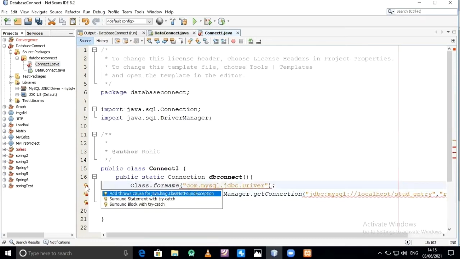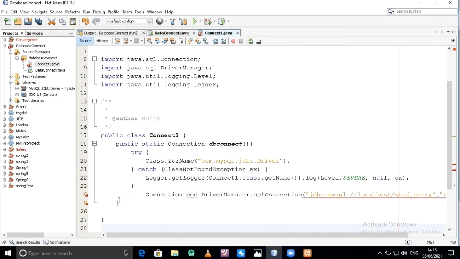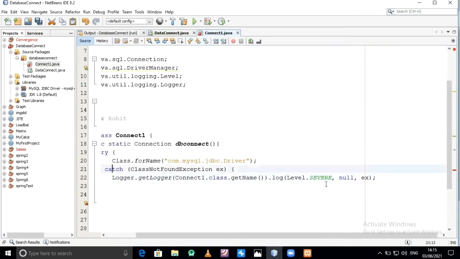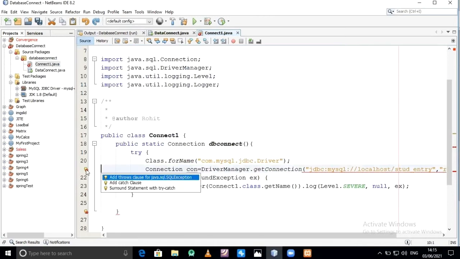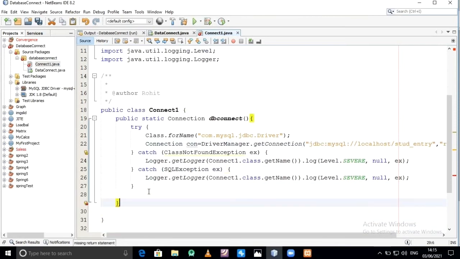Okay. Surround with try and catch it. Add catch block. Okay, return, because it has a return type of Connection. Return suppose null.